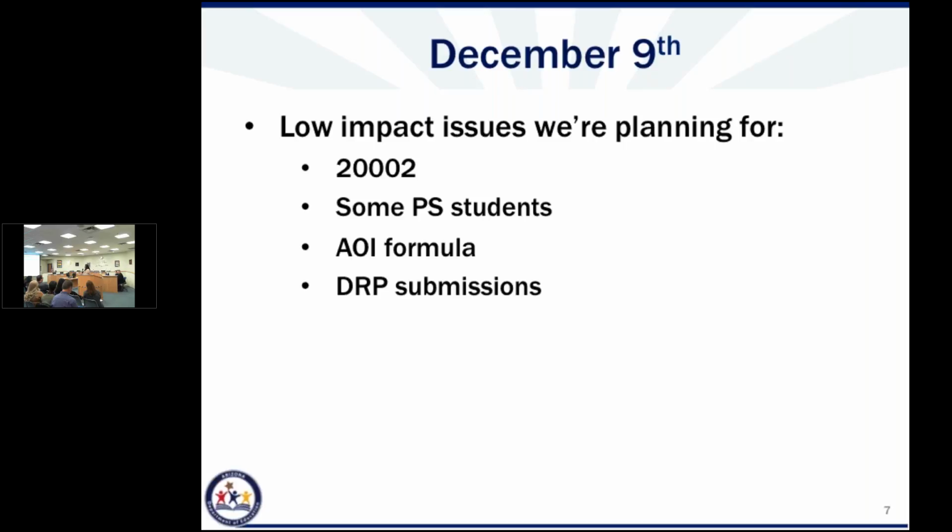Three weeks later, it flagged again and said, no, that's not right. It flagged, switched me back. And now it's flagged again and it says switch back to R1. That's why I would say, for the next week or two, because I know they're aiming to have this corrected by December 16th, which is after my deadline. For the next week or two, if you have a 20,002 error, I think it's okay to prioritize it a